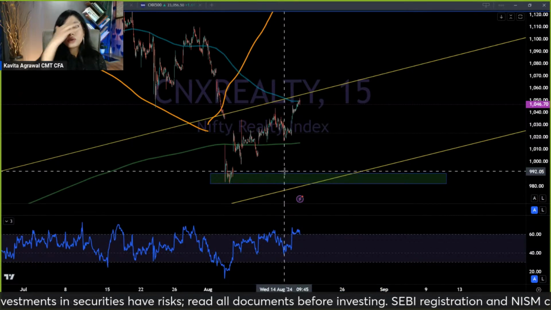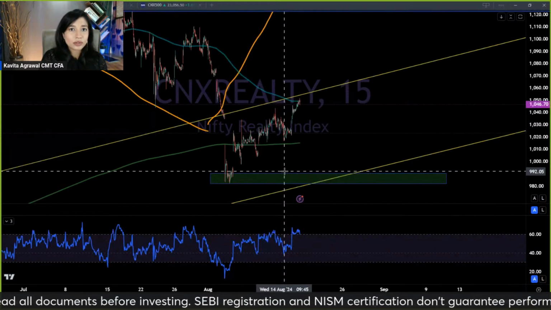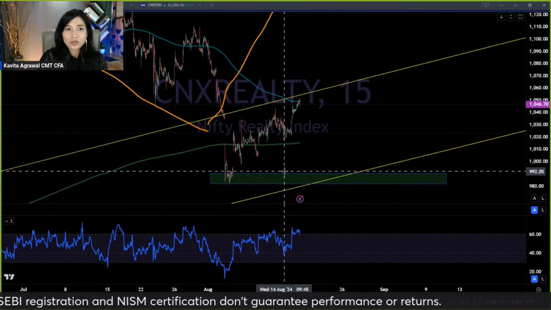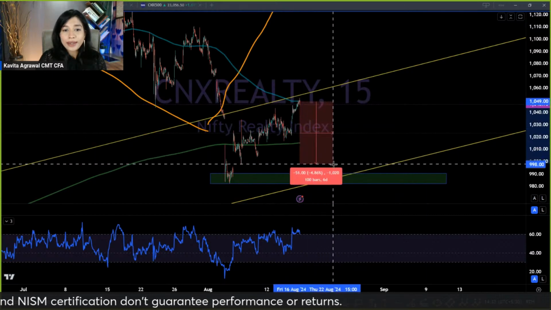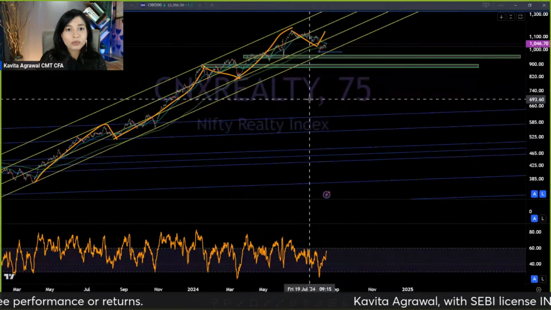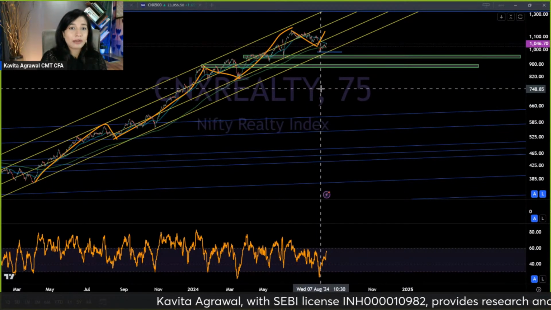So for now, also to be very specific on realty stocks, I'm seeing negative divergences, which tells me that for now, stay away. Let a little bit more correction unfold. I think this lower trend line can be tested. So another 5% decline in the realty sector in the next few weeks, probably. So this for me is not somewhere where I'd be aggressive.